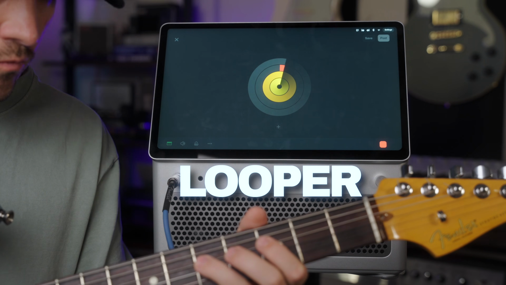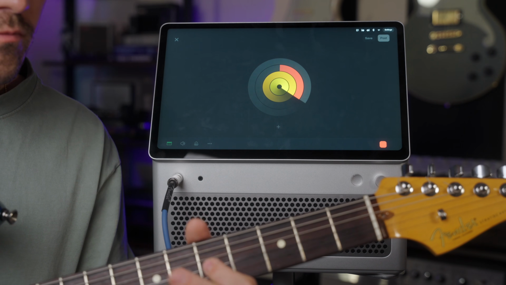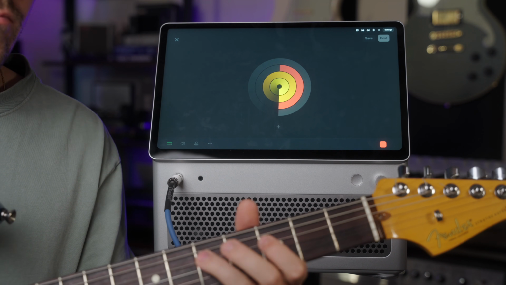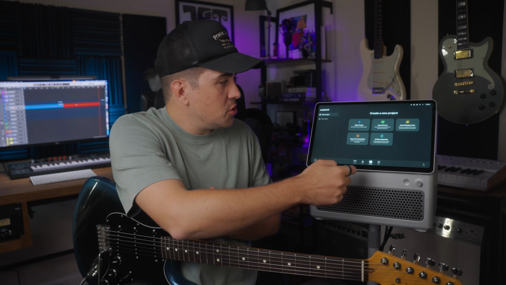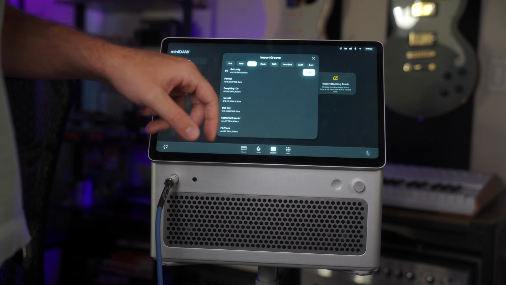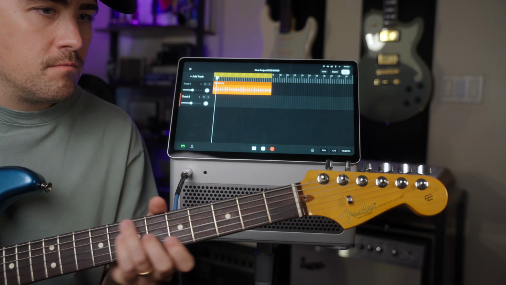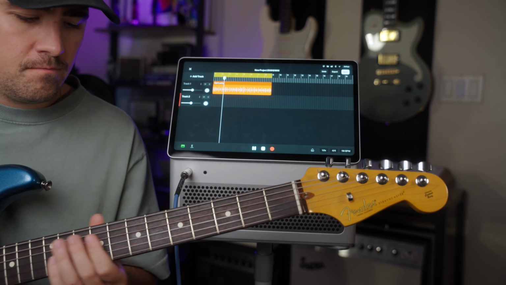Lava Studio also lets you record loops, jams, improvs, and you can share those with the Lava Plus community, and other users can add to your recordings. You also get a Mini DAW built right in, and you can start with your own recordings. You can start with one of Lava Studio's grooves. You can record up to 8 tracks, and when you're finished recording, you can export your audio as a mix